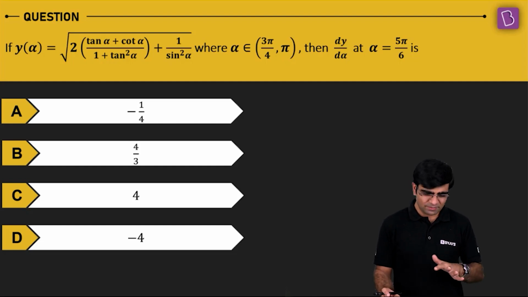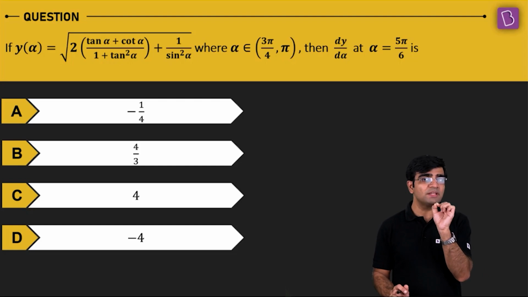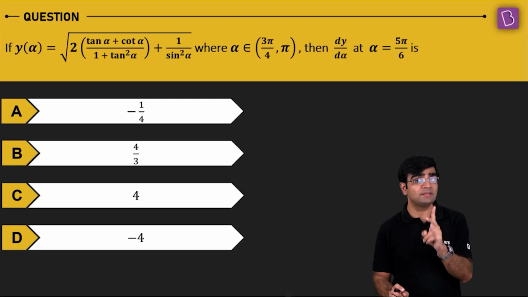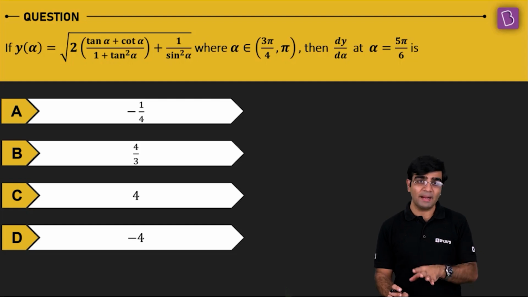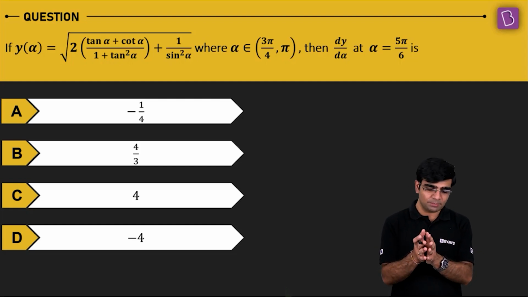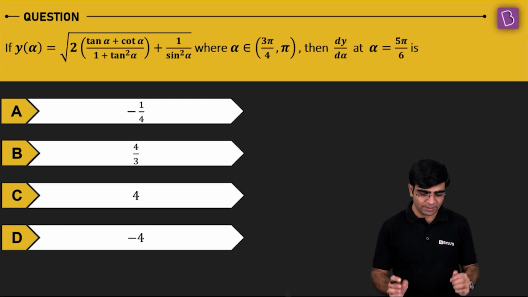Look, all very similar, very familiar expressions, right? We'll reach them. Now, there is a restriction given on alpha. Please be very careful. Whenever they put any restriction on alpha, you have to be extremely careful. So alpha belongs to 3 pi by 4 to pi, the second quadrant, in fact particularly 135 to 180 degrees. Okay, we'll keep that in mind.